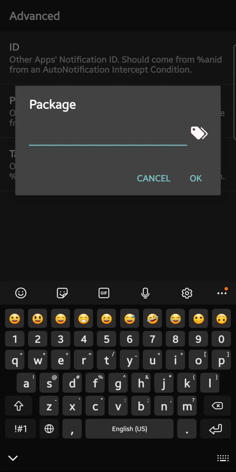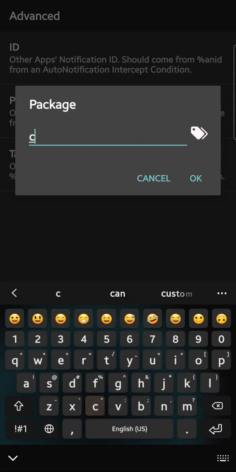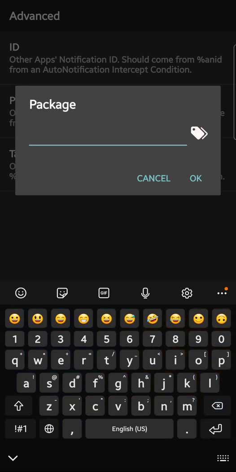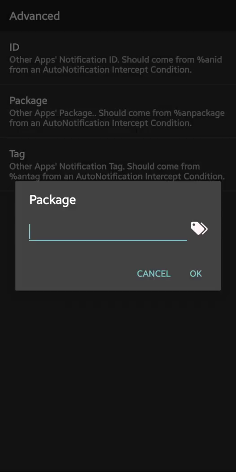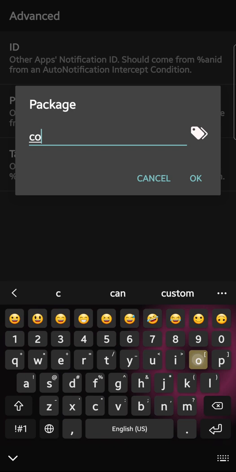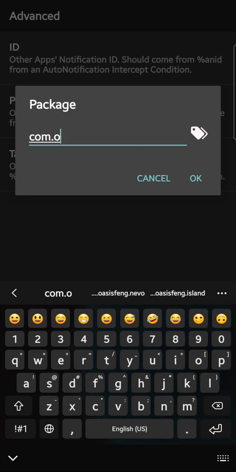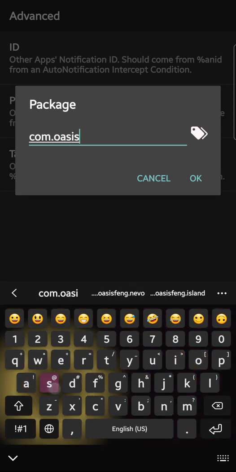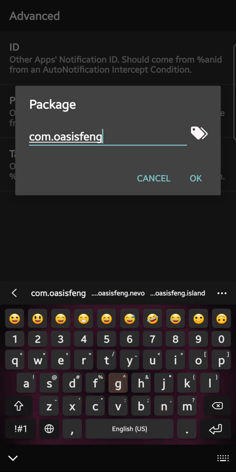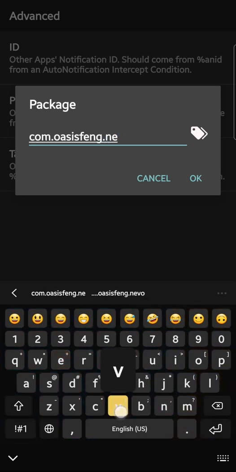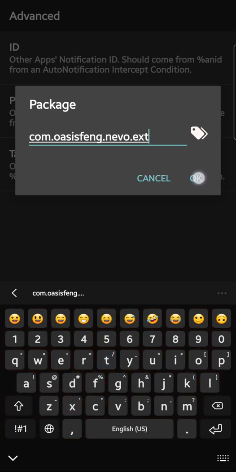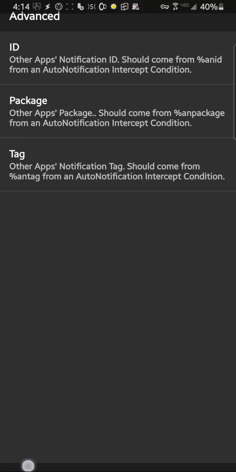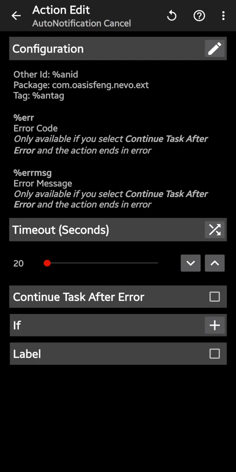For package, we do the extension pack for Nevolution, and its package name I cannot remember. It's com.oasisfang.nevo.ext. Okay, and back out of that, save it,